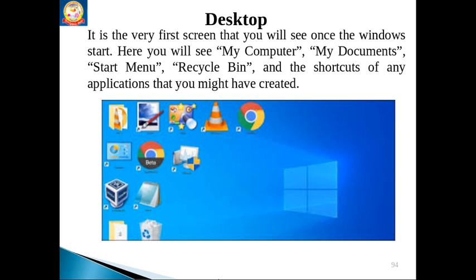Now, in the Windows operating system, we can see various components. The desktop is the very first screen that you will see once Windows starts. Once the operating system is booted, the first screen that you see is the desktop. This consists of My Computer, My Documents, Start menu, Recycle Bin, and any shortcut applications you have created for